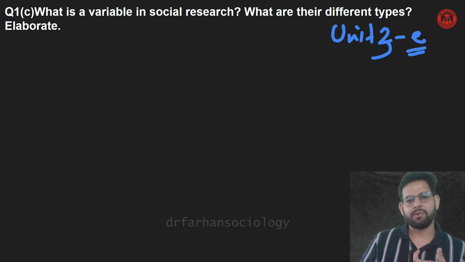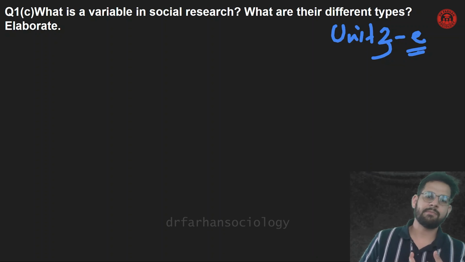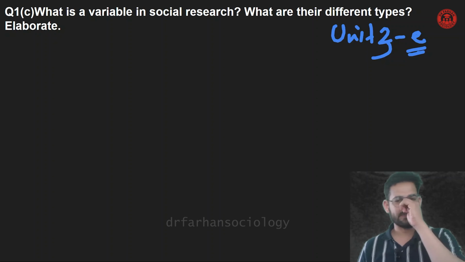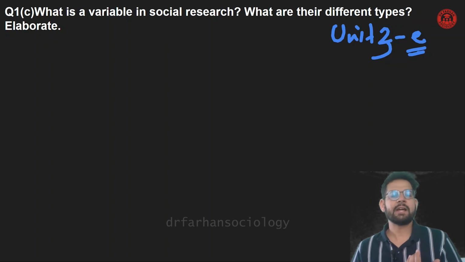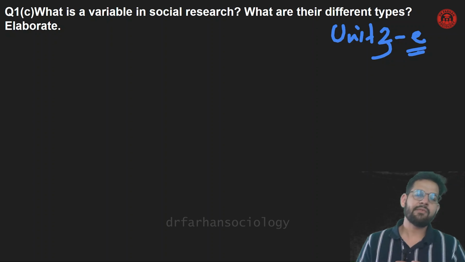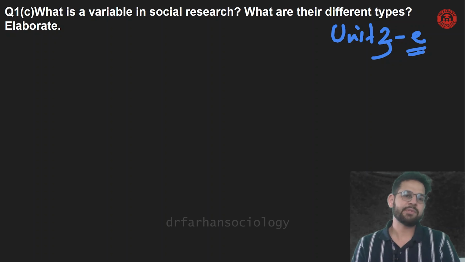We look at a hypothesis. What are the limitations of those hypotheses? What is the meaning of quantitative variables, different aspects of qualitative variables? What is the meaning of validity, reliability? So, particularly from unit 3, if we take a look, the last part is trying to capture the variables